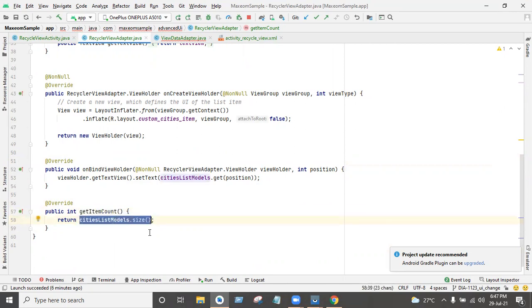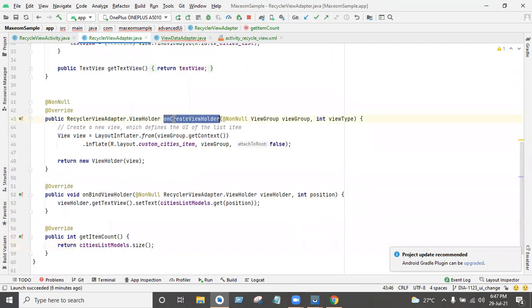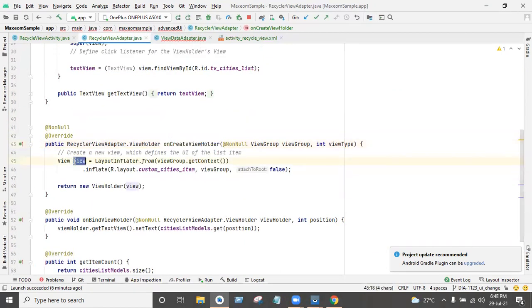And I told you, onCreateViewHolder is to return the view. So here we need to return that view.